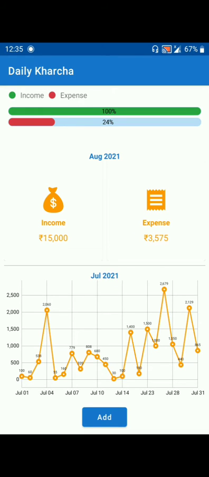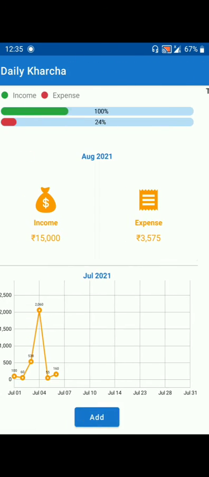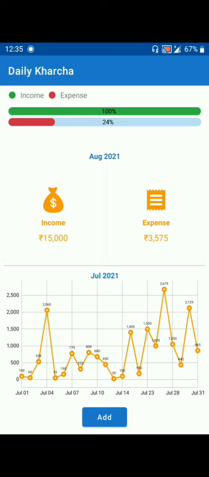These tabs give you an idea of the total income and expenses entered till date, and when you click on them, you'll be able to go to the detailed report and see the data. Going back. The below graph also shows you the trend of the previous month. This gives you an idea how your previous month was looking compared to the current month.